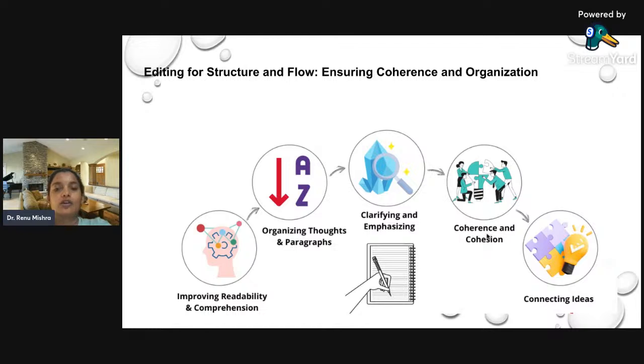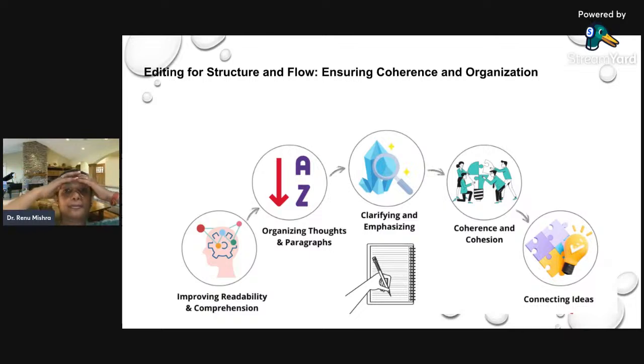Then cohesion, with various points. For example, let's talk about methodology. In methodology, you are first talking about what research methods are, what methodologies are. Now we are collating different factors: what is data collection, how we collected data, what is our sample, what is our sample size, how we analyze data, what are our population demographics, and what is the role of our population demographics. So we are putting across various factors.